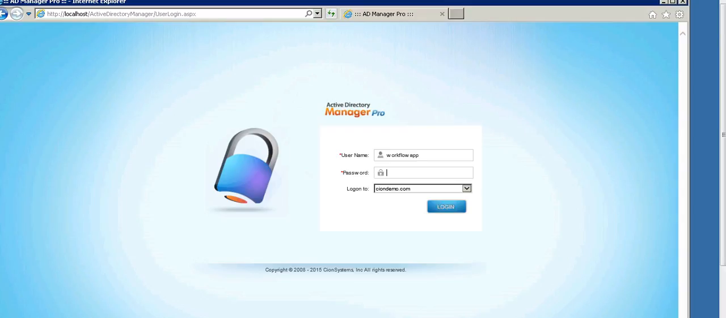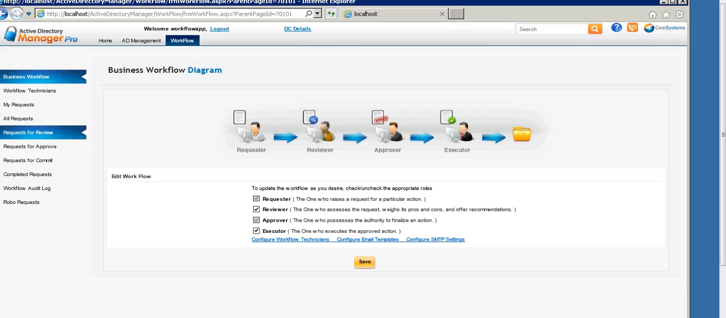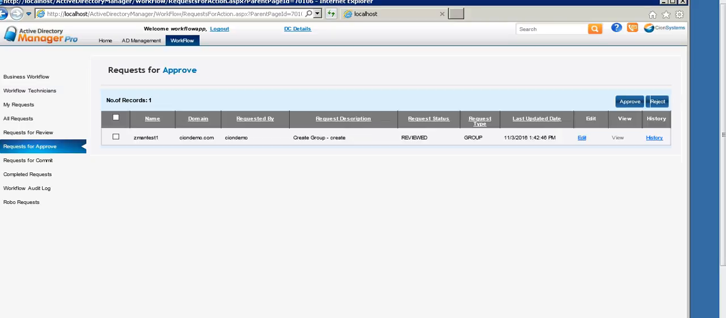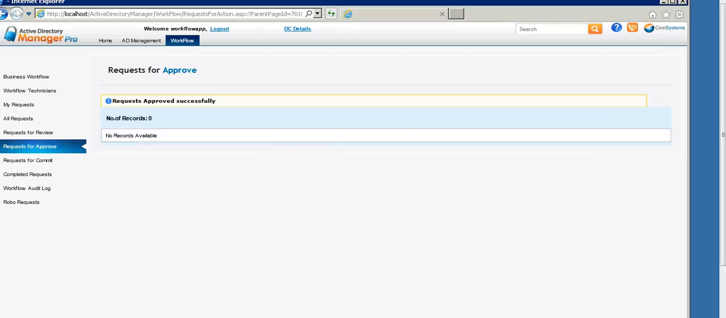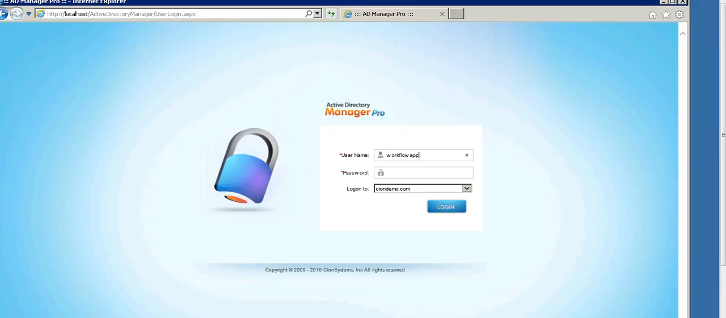Approver is logging in. Here's the request waiting for approval. I can edit it, make changes, look at the history, or approve or reject. I'm going to approve it. I put my comments, approved, and I'm going to log out now and log in as